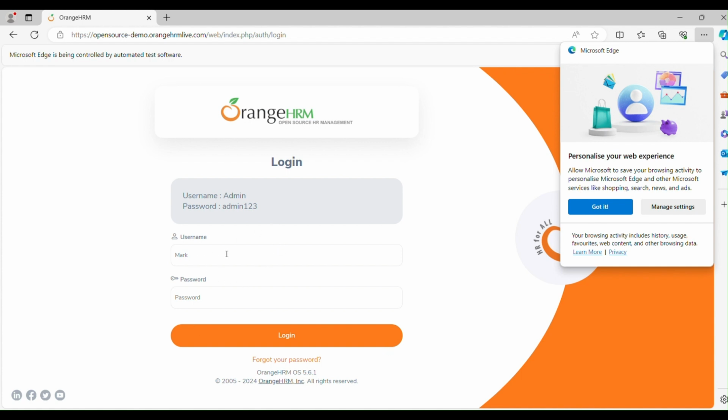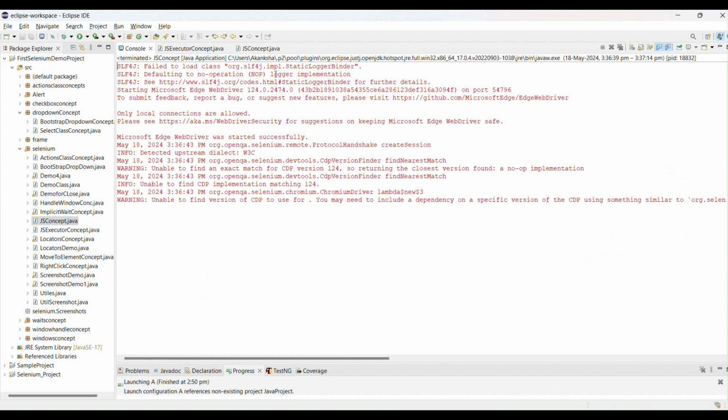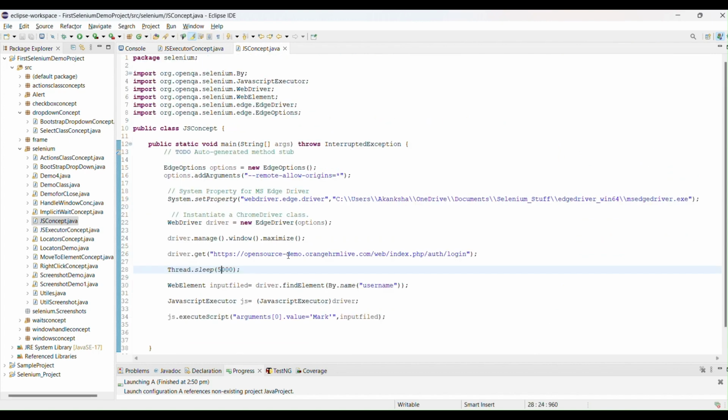So we performed the input operation, entering the input value inside the input field without using sendKeys. We are using JavaScript executor here. Using the JavaScript executor object, we pass the argument dot value equal to Mark, and we give the field where you want to enter the value. Whenever you want to enter any input value, you can write the code like this.